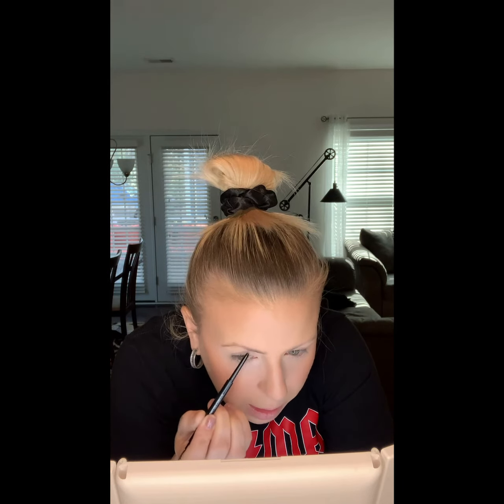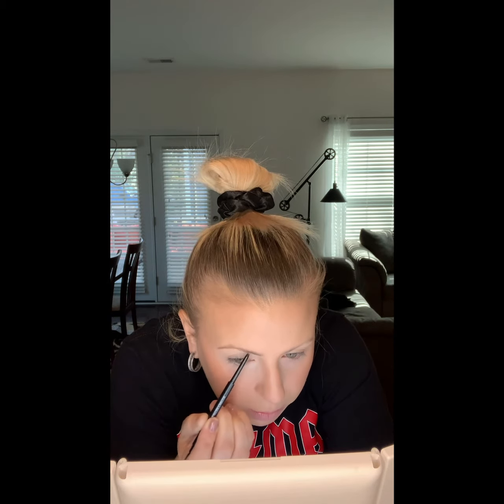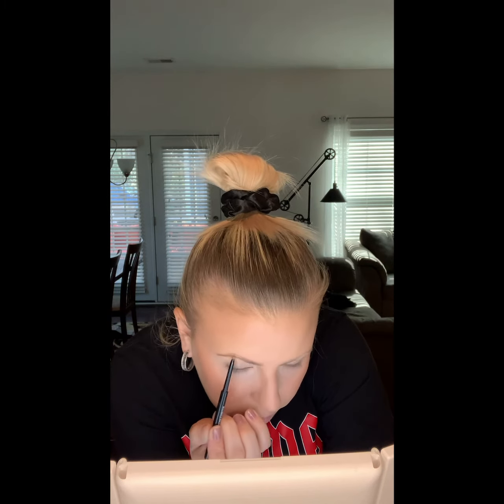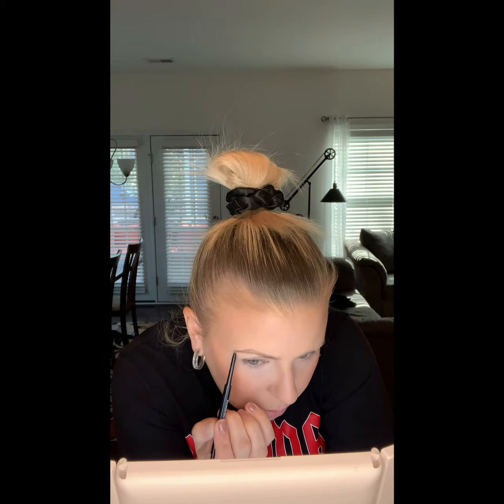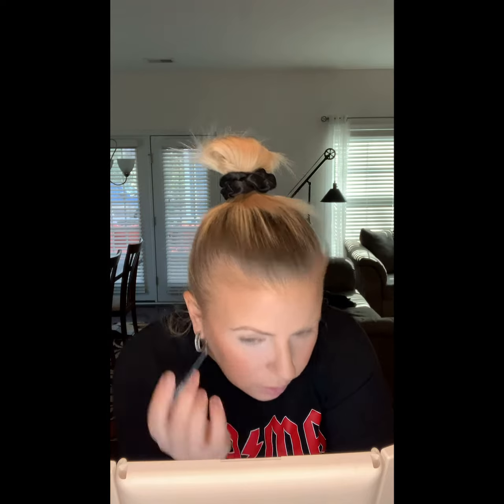Don't you worry. My brows just, they take forever. I wish I could snap a finger and they're just done. Yeah, it's microblading, but I just don't do it. Then I'm gonna do the top. Again, they're gonna look nuts, y'all, but you can fix it. And I will say while I'm doing this, if you're someone like me that doesn't have much brow hair, or you're trying to figure out the shape of your brows or whatever,